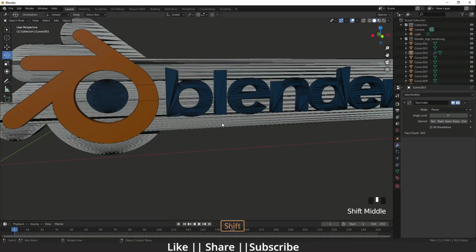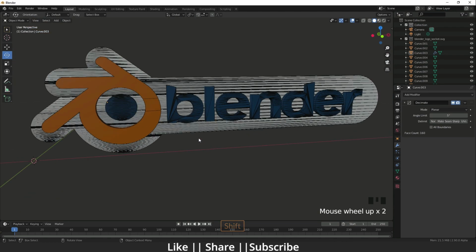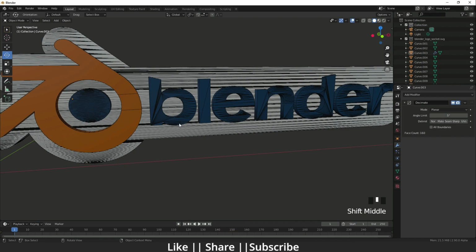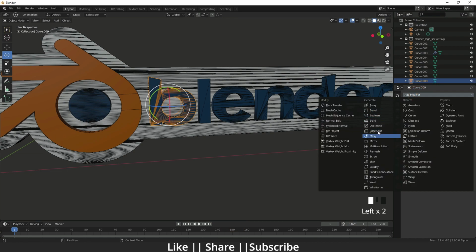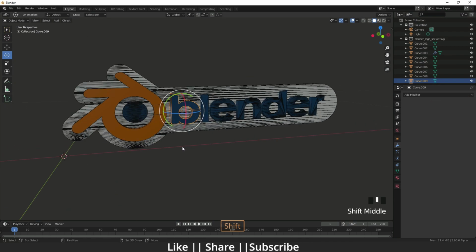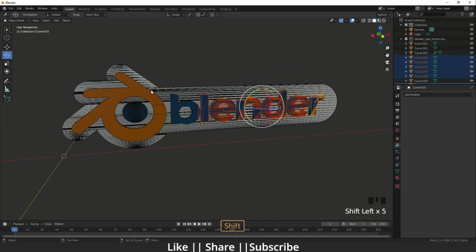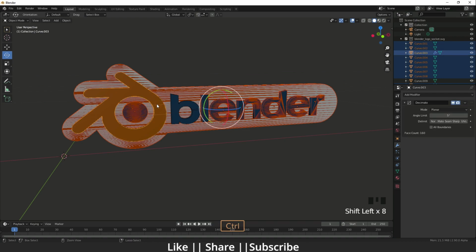So same thing I will apply with all the shapes. What I will do for that, because we can't do the same thing, go to the modify section, add the decimate and again change the planar. That is the very boring thing and it takes a long time. So what I will do for that, I will select each and every object like that, and I will select that final one and press Control L.